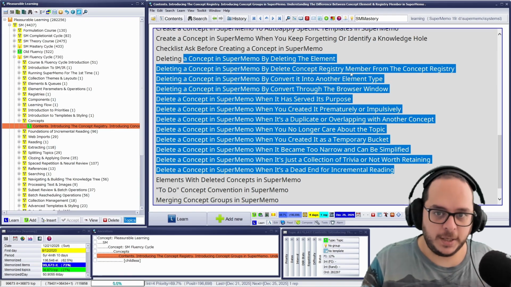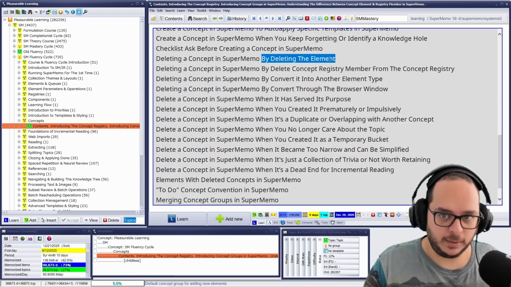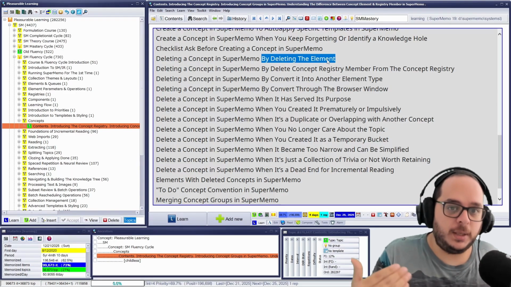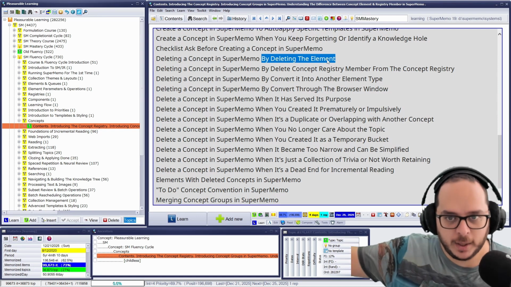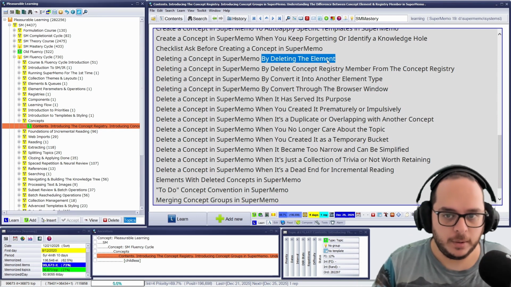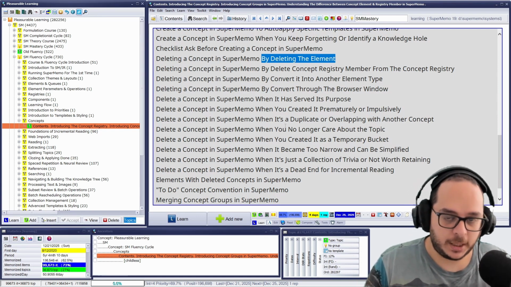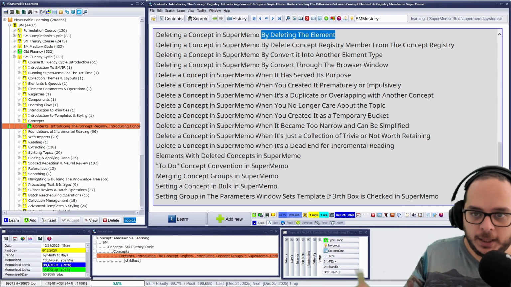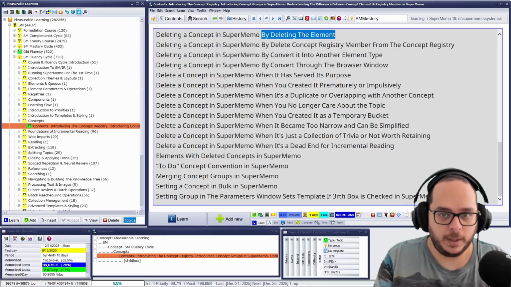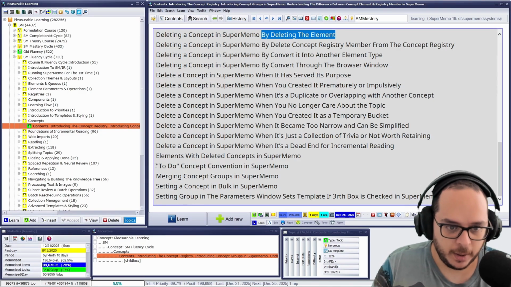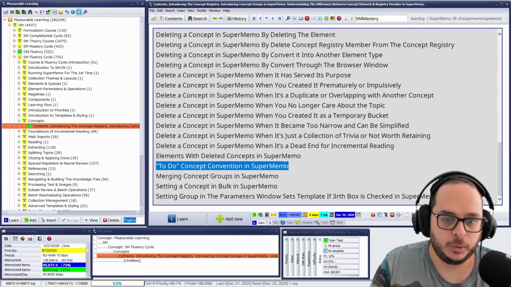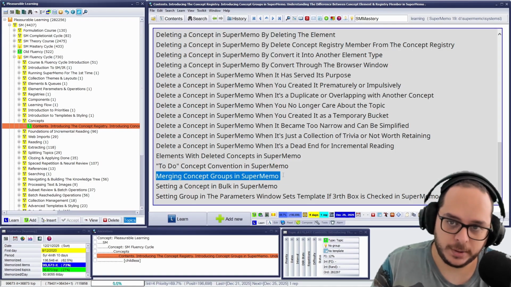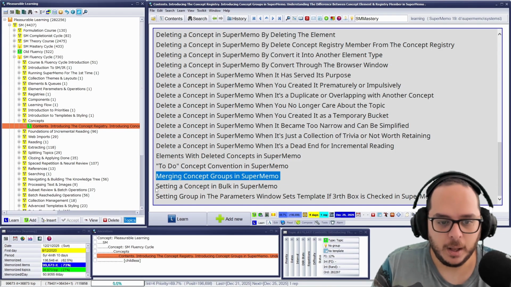That instead of the use cases, we will go one by one and not just mention it, but doing it, a real scenario, for real. So that's a snapshot of what you will see in the mastery track. Then, after knowing how to create and delete concepts and when it should be useful to create them, we will see a convention of the to-do concepts, how you can merge concept groups, eventually you will need that,